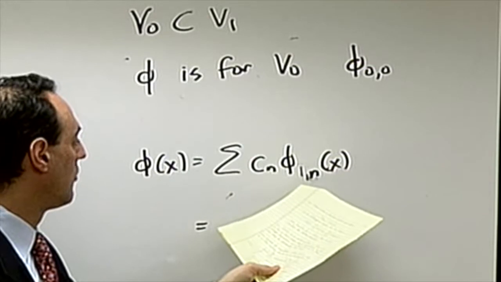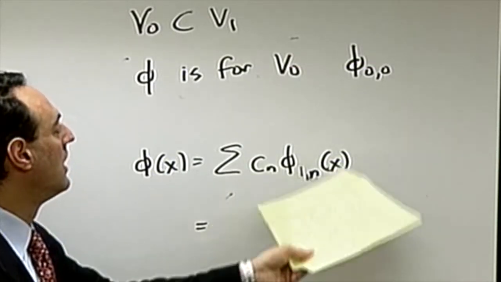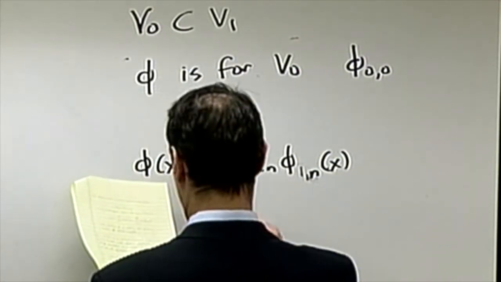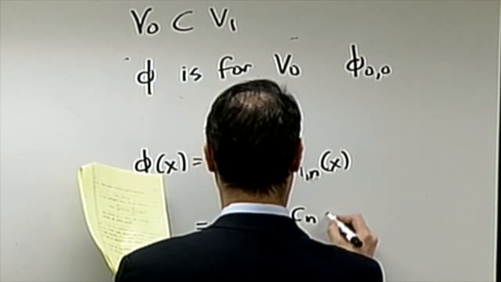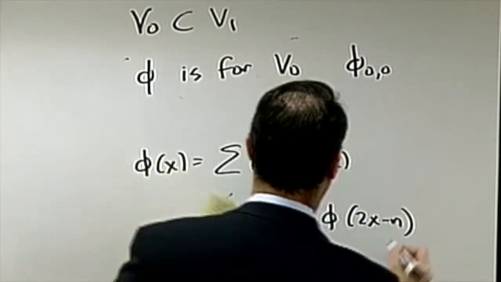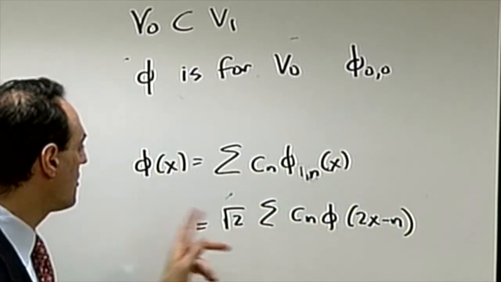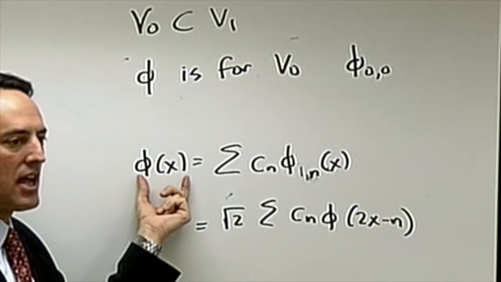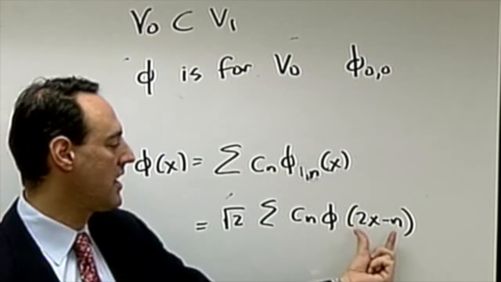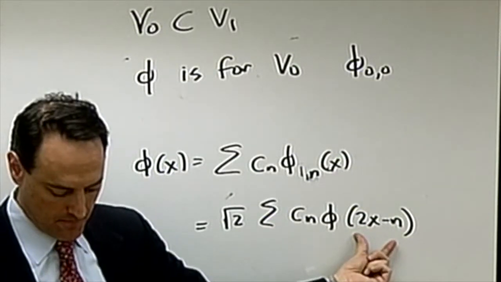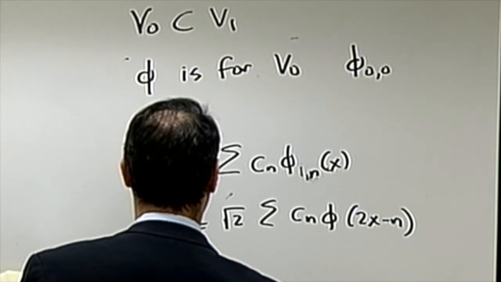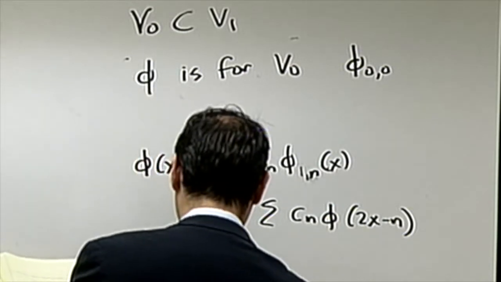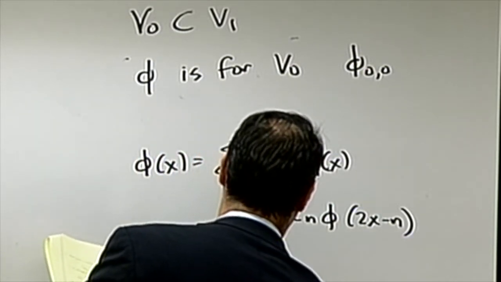But now, if you write this psi in terms of the scaling basis, the scaling function for V1, you get something like square root 2 times the sum of c_n psi(2x minus n). Okay? So you get this shifting. And this is important because it tells you how something that fundamentally has an x dependence relates to something that has a 2x dependence. This is called the dilation equation, or the two-scale equation,